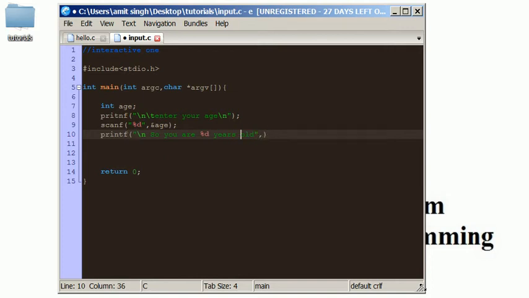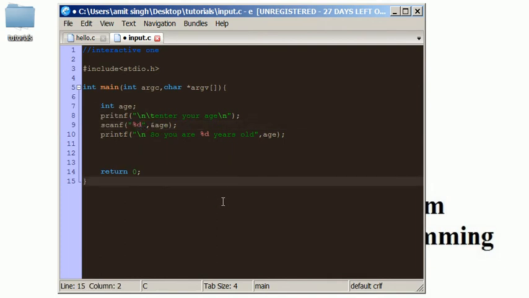Okay, now we need to put the value of age in place of %d, so we write age as the first argument. Now what this will do is, in place of %d it will put whatever value is stored in age, and the value in age is the input from our user.